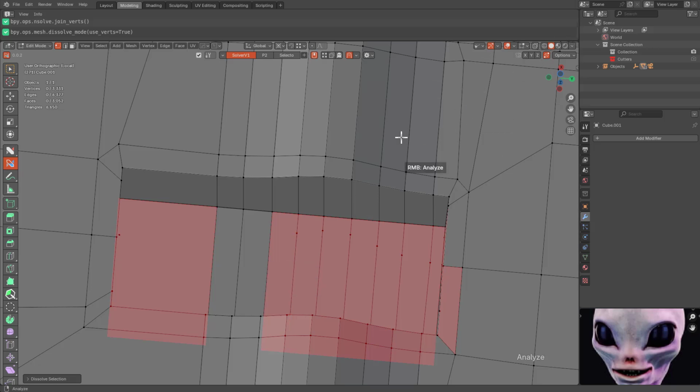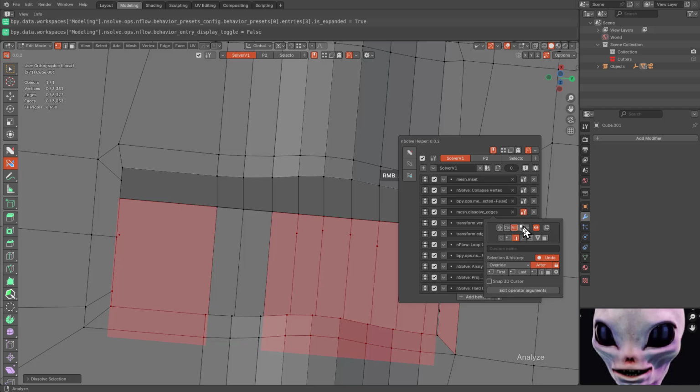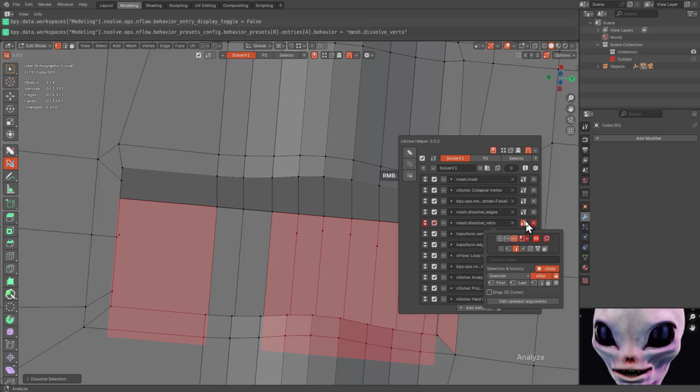And when it comes to alt, we probably also want to dissolve vert. So I'm going to basically exit tour mode. We will clone this one. We'll dissolve verts. And I have caps lock on.